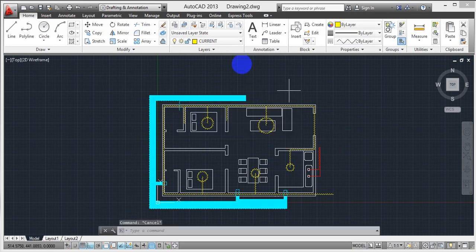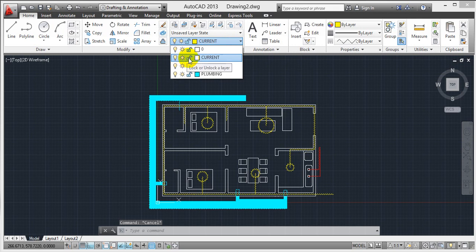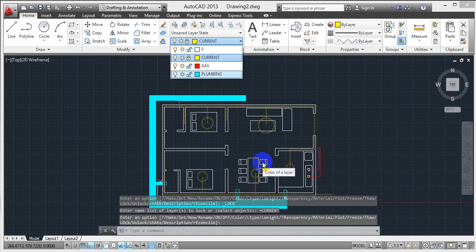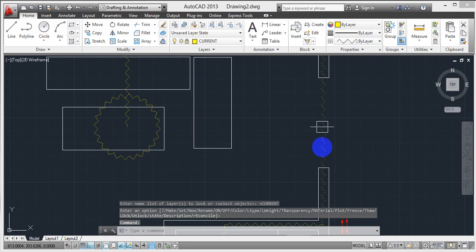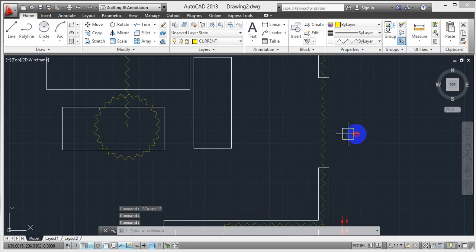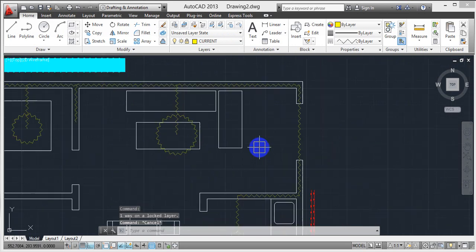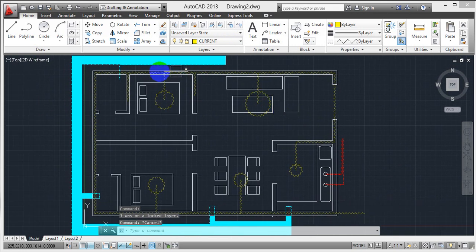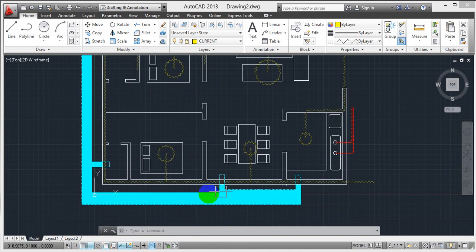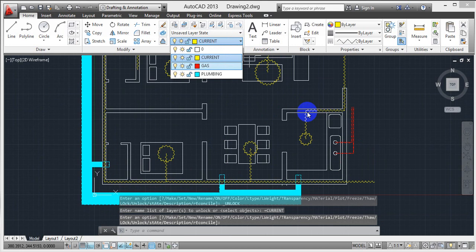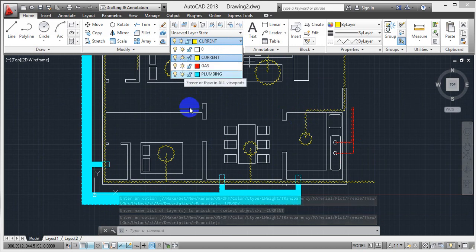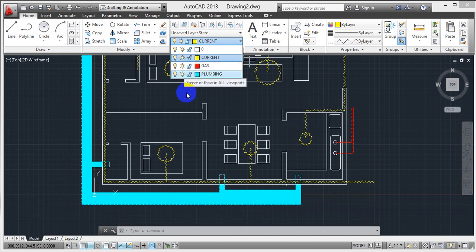Okay, leave it. Okay, so I am making it lock. When you make it lock, we can move. See, before locking it's a little bit shaded in color. The plumbing and gas line will be as it is. For example, I am removing the lock, it will again come to the original position, into a thicker line. The same thing works for the remaining objects also.